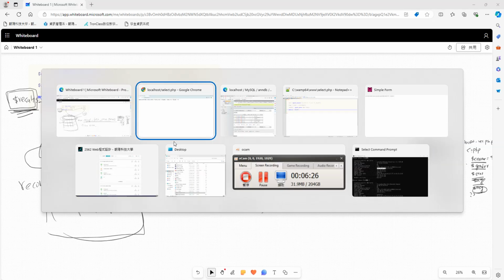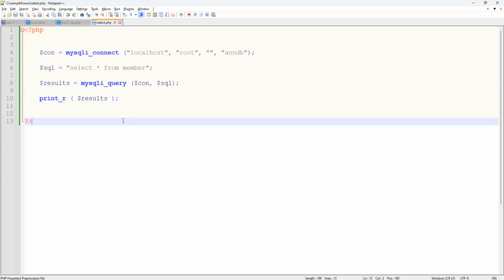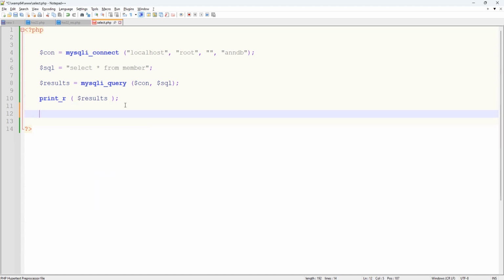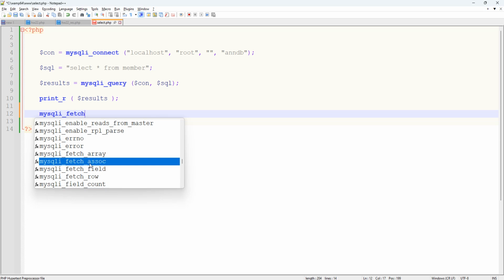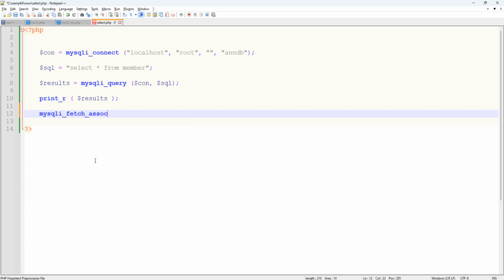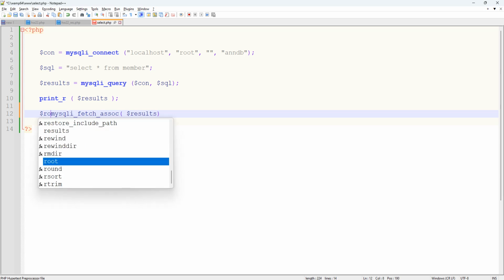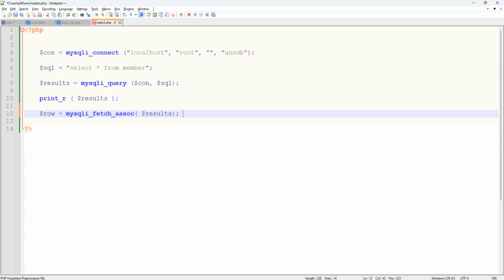So let's go back here. I got the result and try to fetch, MySQL fetch. You can see fetch can be array, ASSOC, field or row. Here we use the ASSOC style. Under this result, we catch the first row. Okay, so echo row